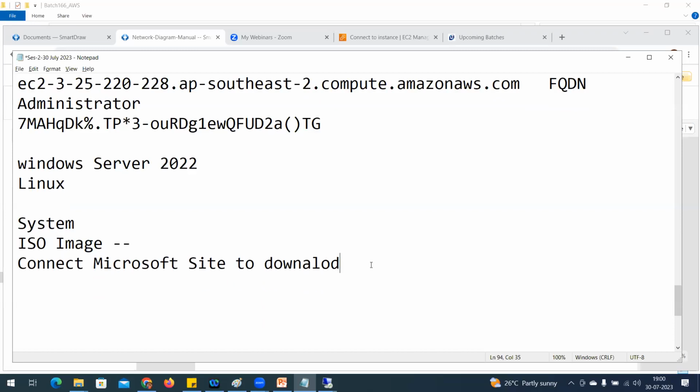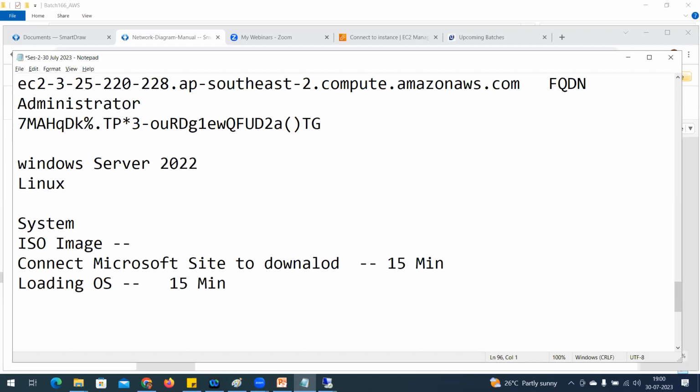I need to download the image. For example, it is going to take maybe 15 minutes. At least, I'm going to mention 15 minutes. Then once the ISO image is downloaded, I need to put that into the system to load the operating system. Loading the operating system, how much time is it going to take? Maybe 30 minutes or 15 minutes, doesn't matter. 15 at least I'm going to mention.